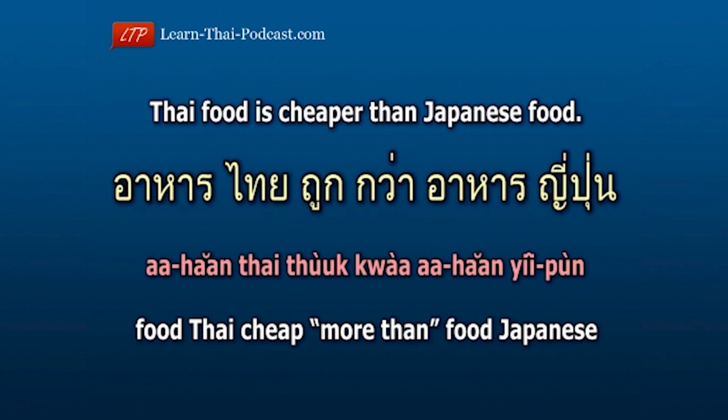Here's some examples. Thai food is cheaper than Japanese food. อาหารไทยถูกกว่าอาหารญี่ปุ่น Food อาหาร Thai ไทย cheap ถูก more than กว่า food อาหาร Japanese ญี่ปุ่น food Thai cheap more than food Japanese. อาหารไทยถูกกว่าอาหารญี่ปุ่น